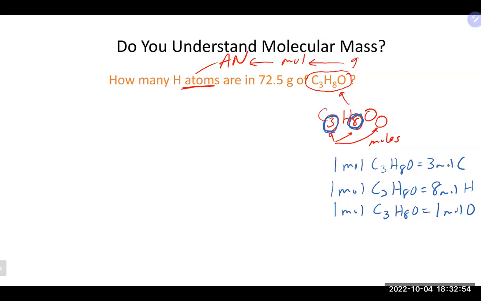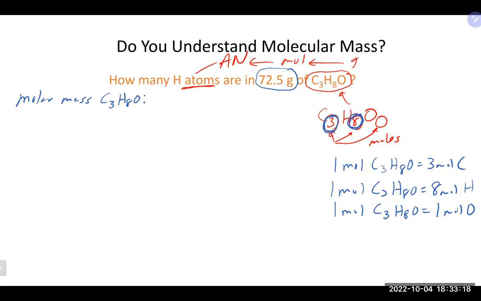So we can come up with 3 conversion factors from the formula, and it's a mole to mole relationship. That means we need to convert these grams into moles. So we want to start by converting the whole compound into moles, which means we need the molar mass of the whole thing. So our molar mass of our